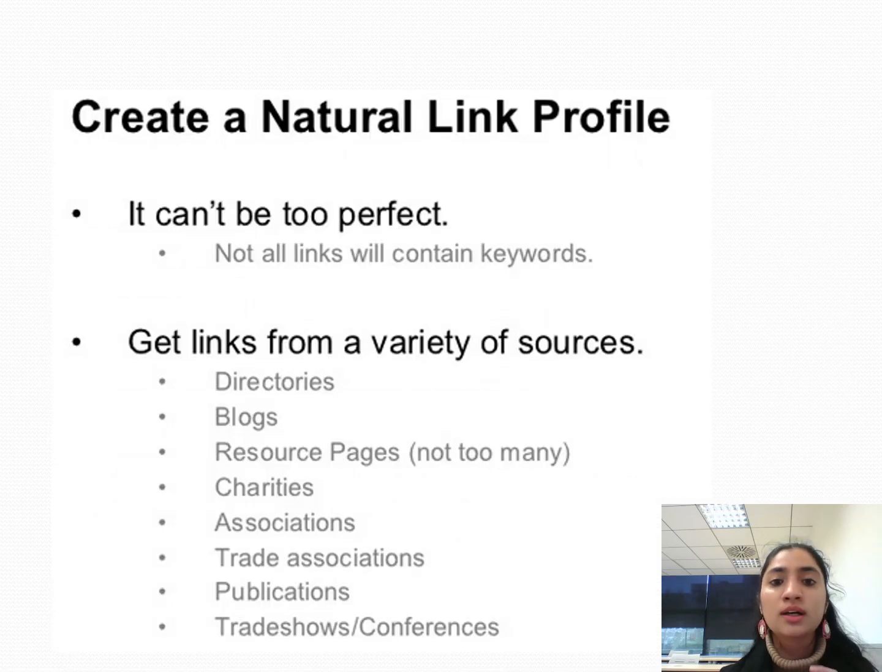Next, we will talk about creating a natural link profile. It can't be too perfect. Not all links contain keywords. So how would you create a natural link profile? A natural link profile can be created when we collaborate with some directories, with some blogs, and with charity associations, because charity associations always collaborate without money. We can collaborate with associations, and with review pages where they can add our brand name, from where people can click and be redirected to our pages, or similarly we have their link on our page and people get redirected to them. So in this way,